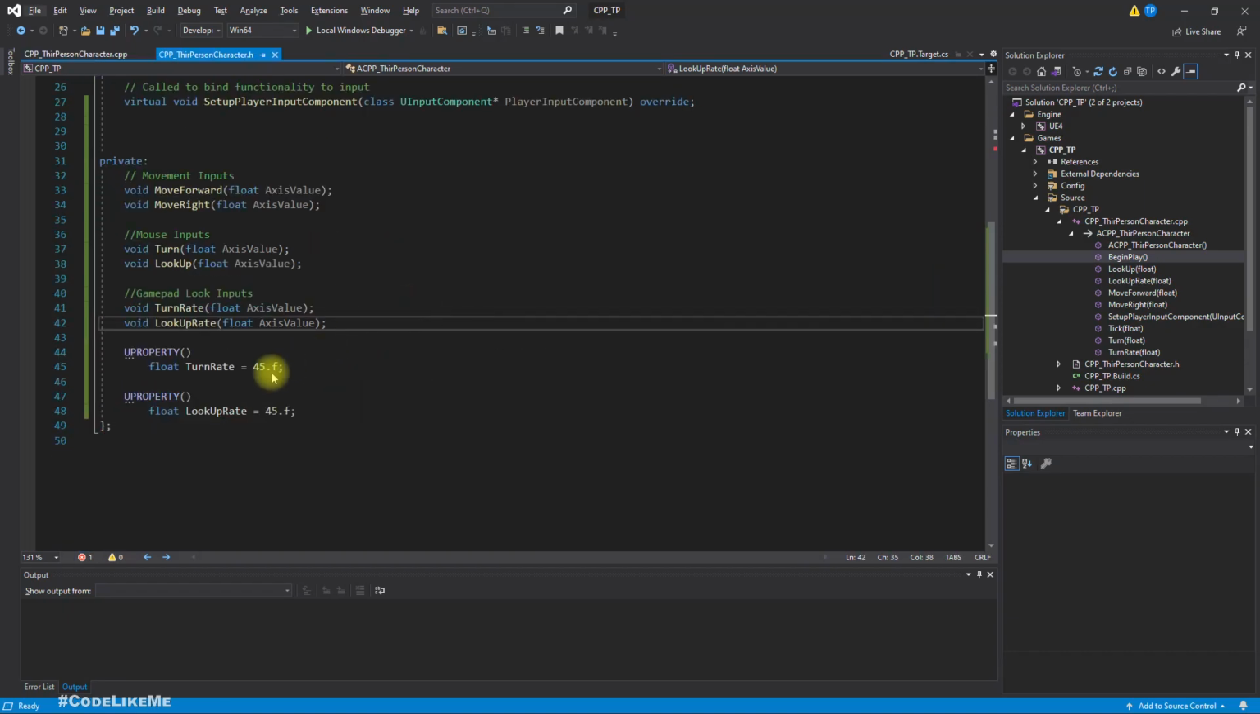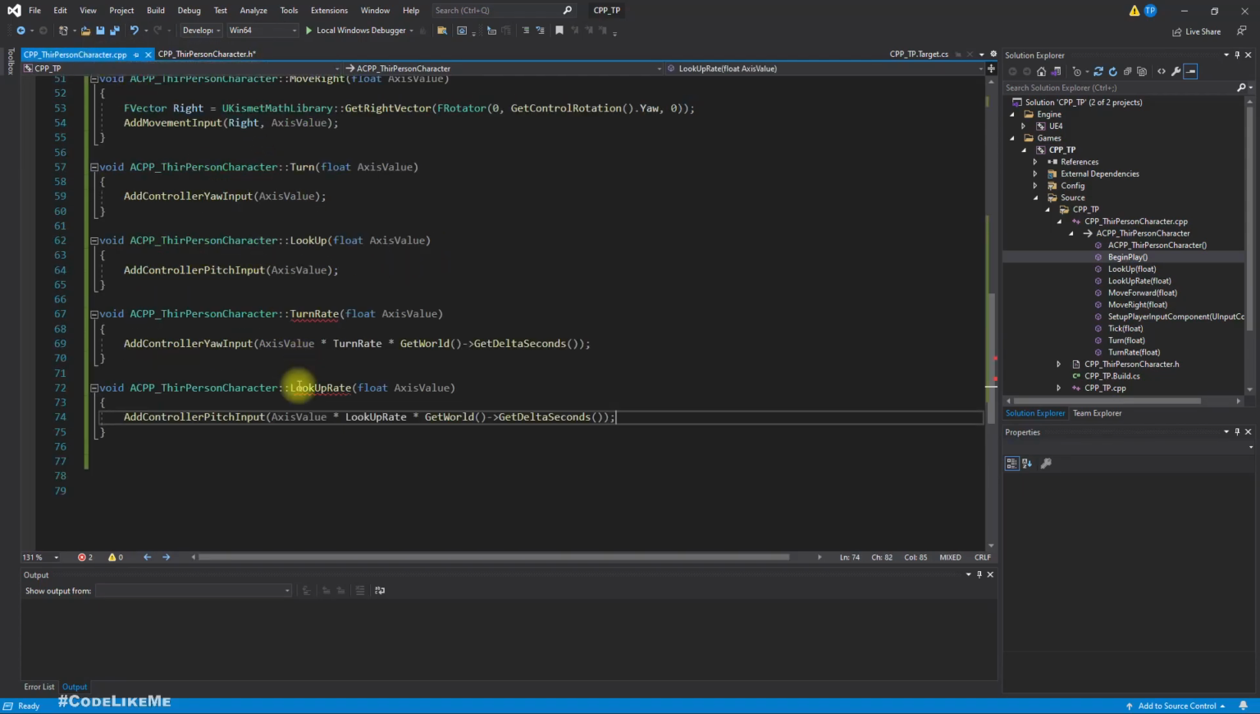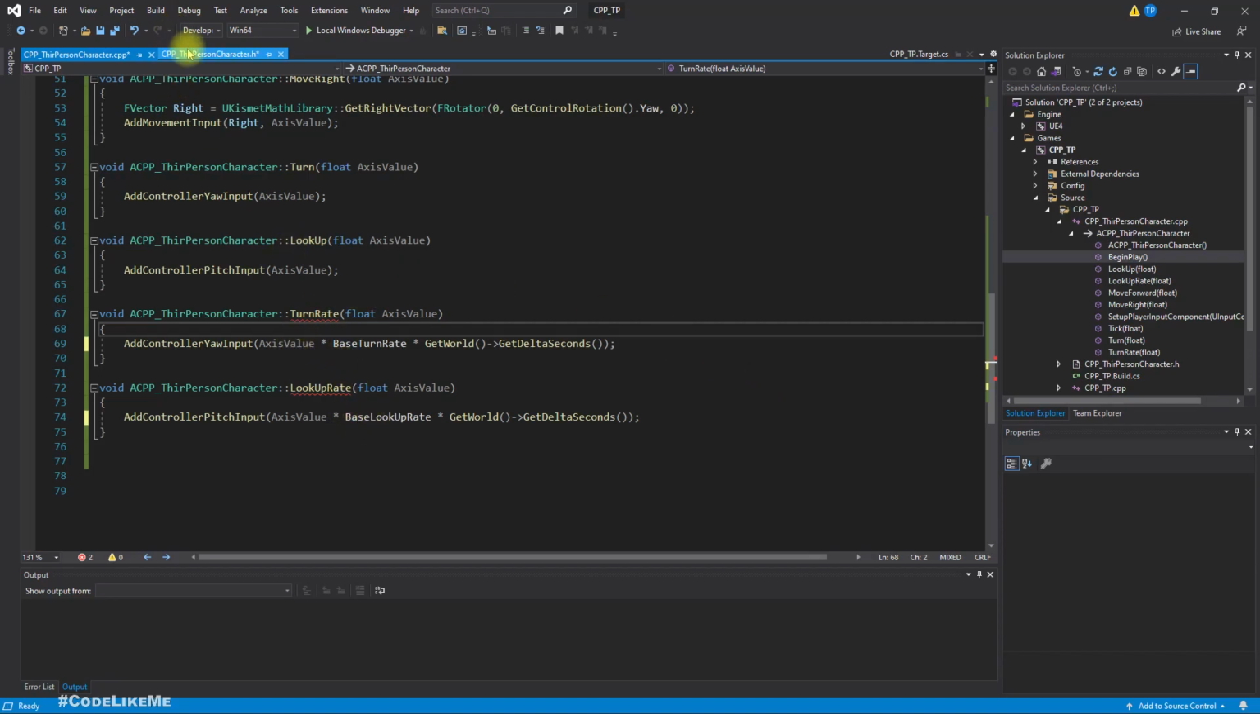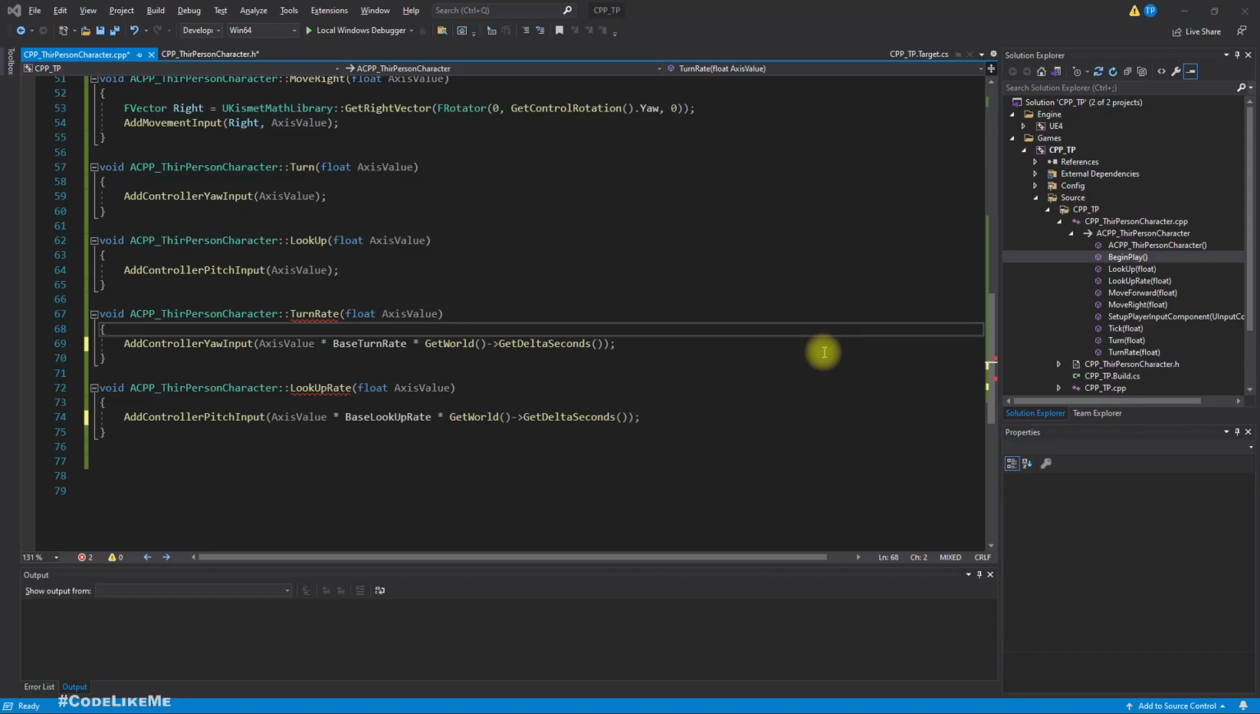Right. Oh, I have used the same names. That would give us an error. So I'll rename it base turn rate again and base lookup rate. So we have to update at base here. Now the error should be gone, so right, now everything should be fine,